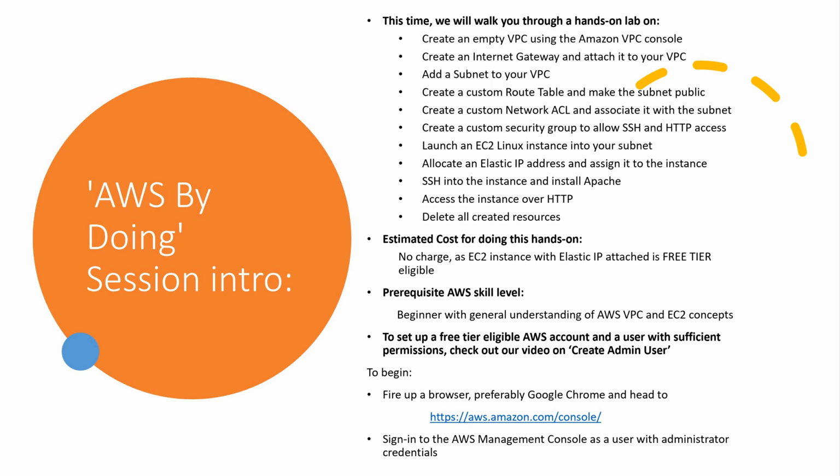The estimated cost for doing this hands-on is no charge, as EC2 instance with elastic IP attached is free tier eligible. The prerequisite AWS skill level required is that of a beginner with general understanding of AWS VPC and EC2 concepts. To set up a free tier eligible AWS account and a user with sufficient permissions, check out our video on Create Admin User. To begin, fire up a browser, preferably Google Chrome, and head to